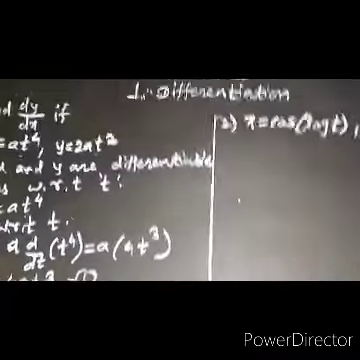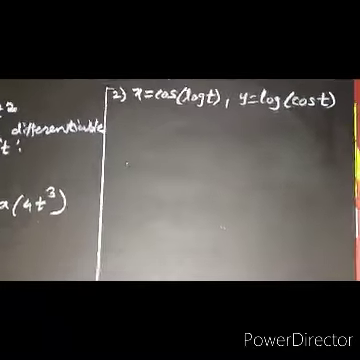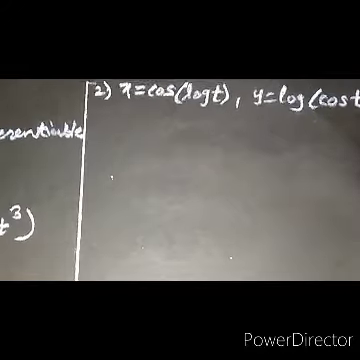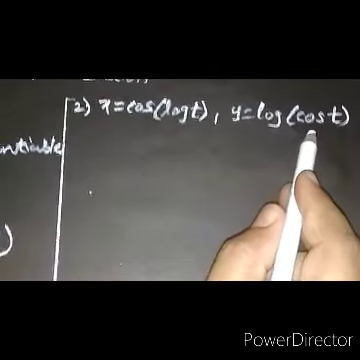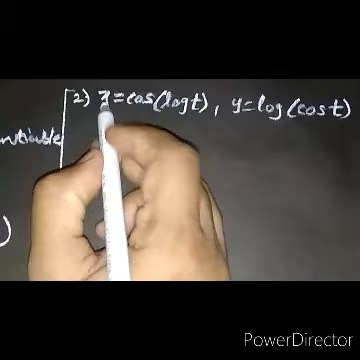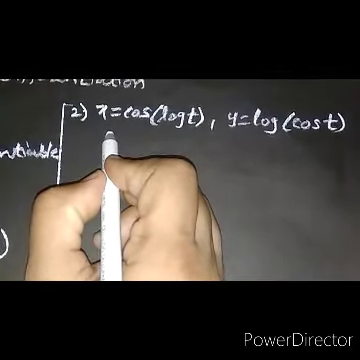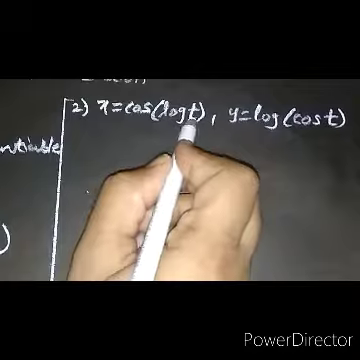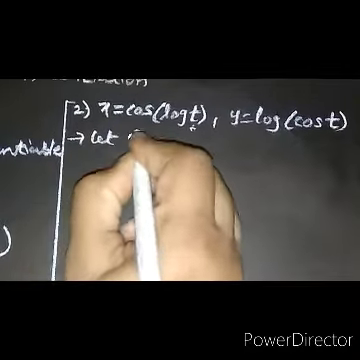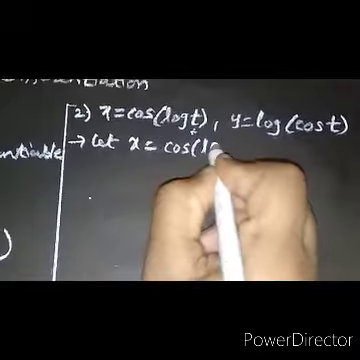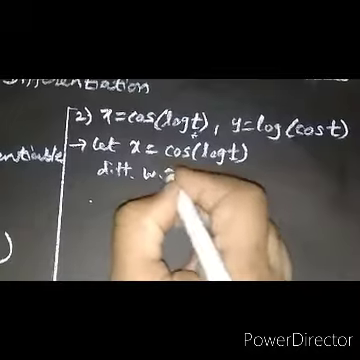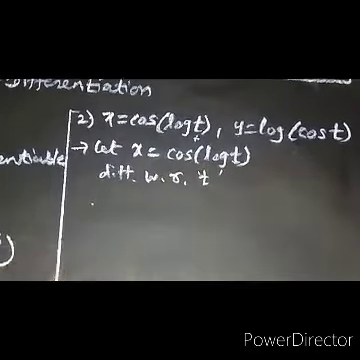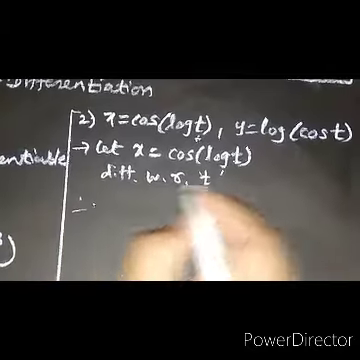So let us see example number 2. Here we have x is equal to cos log t and y is equal to log cos t. So here also x and y are differentiable functions with respect to t. So let's consider x is equal to cos log t. Now differentiate x with respect to t, and therefore